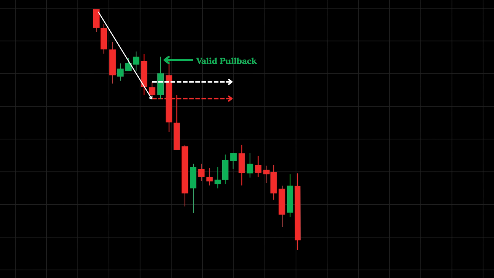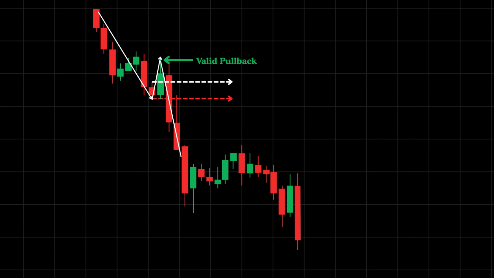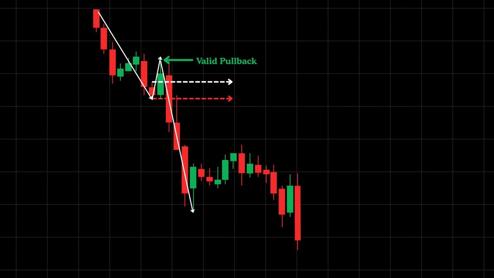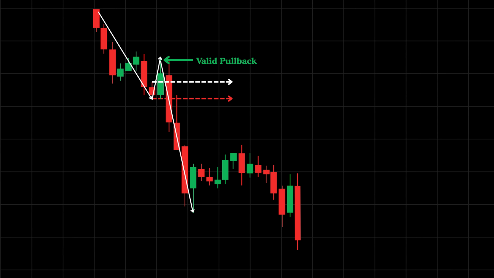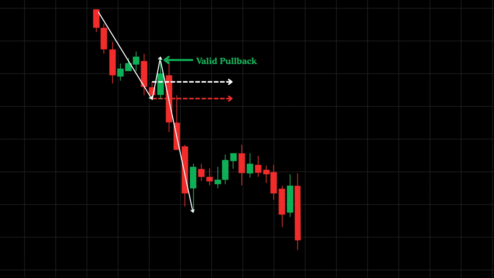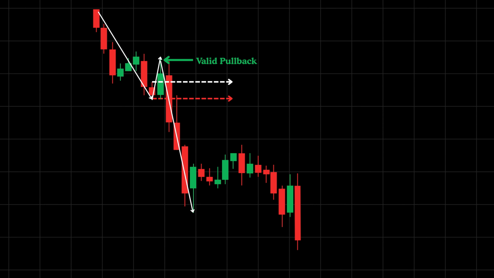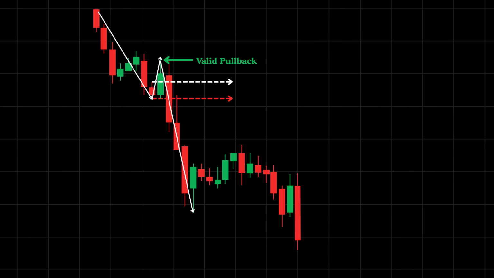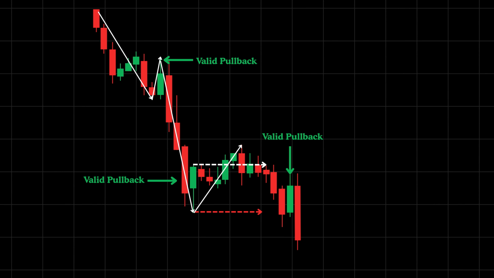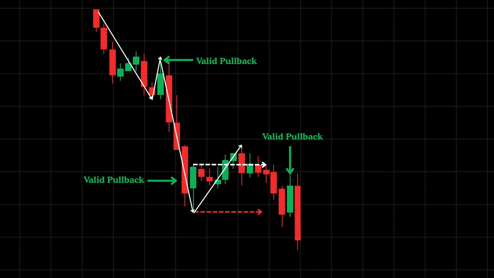In the next sequence, we can clearly see that price breached the high of that candle and then resumed its primary downtrend, which confirms a valid pullback in this scenario. Continuing the pattern, we identify yet another valid pullback as price pushes beyond the high of this candle, which marked the last high before the pause. We can also spot an additional valid pullback here, established by this bullish engulfing candle that decisively broke the high